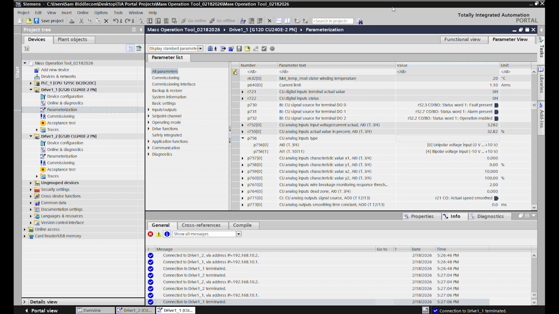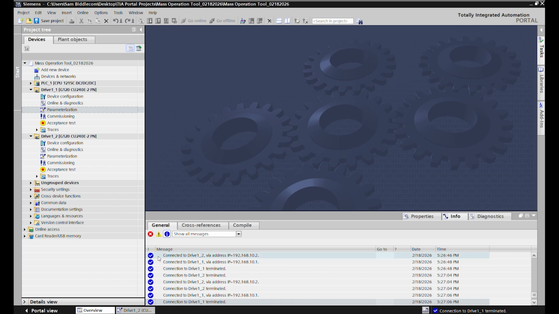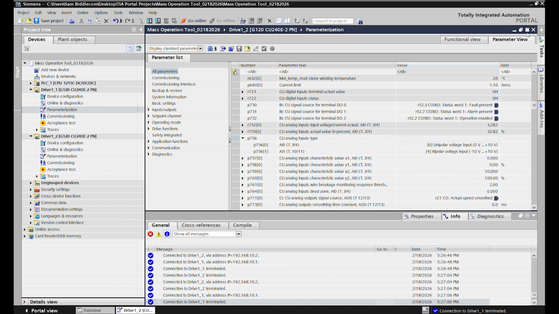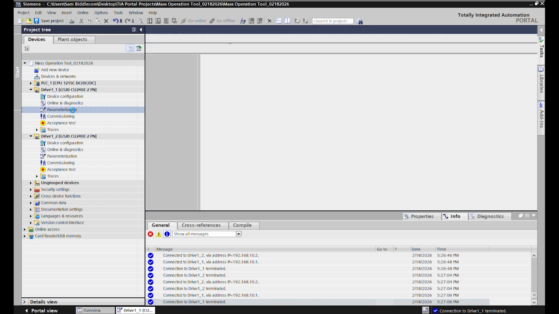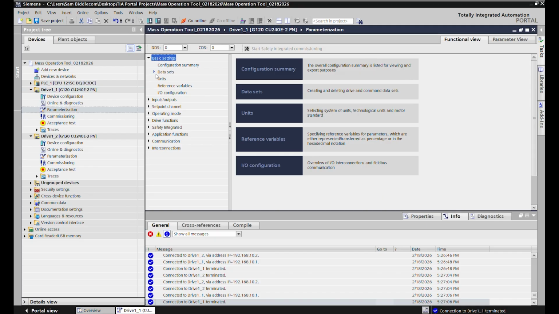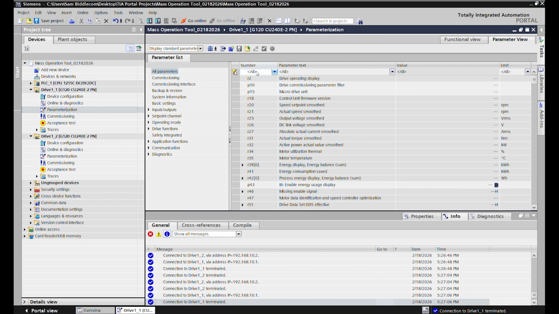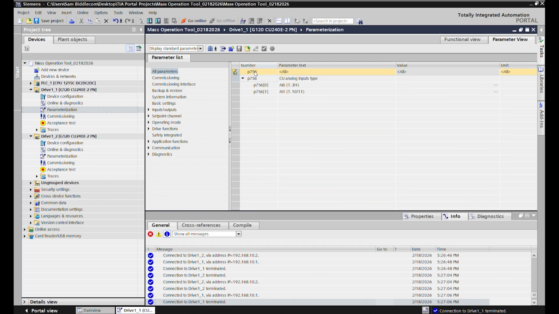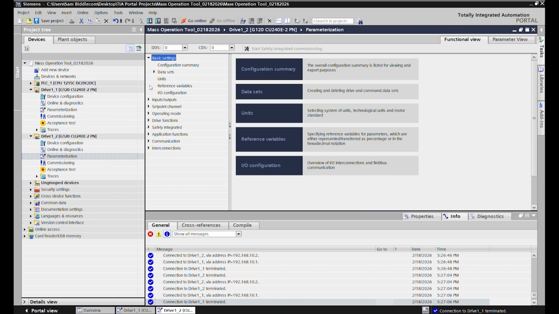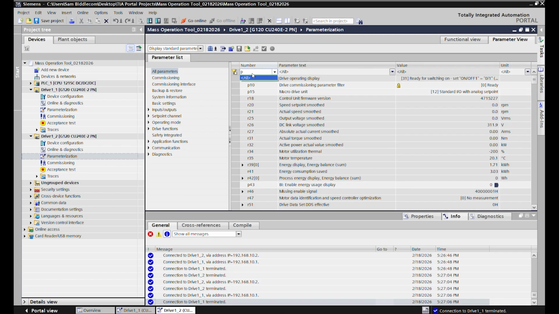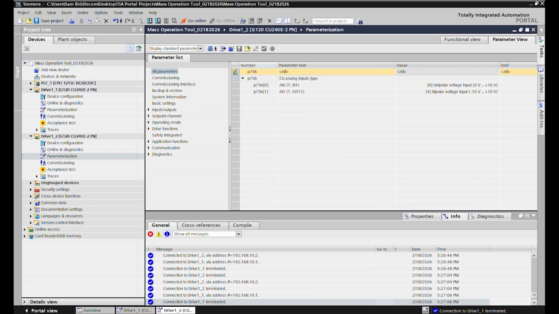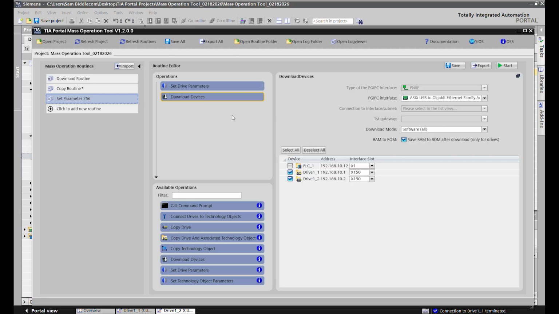Everything's good here. But in our TIA Portal project, just to make sure, we're going to exit out of our drives here and then open up the parameterization list back up for each. And we'll show now that parameter 756 has changed to unipolar for both of our drives. Here we go. So this is a very basic use of the